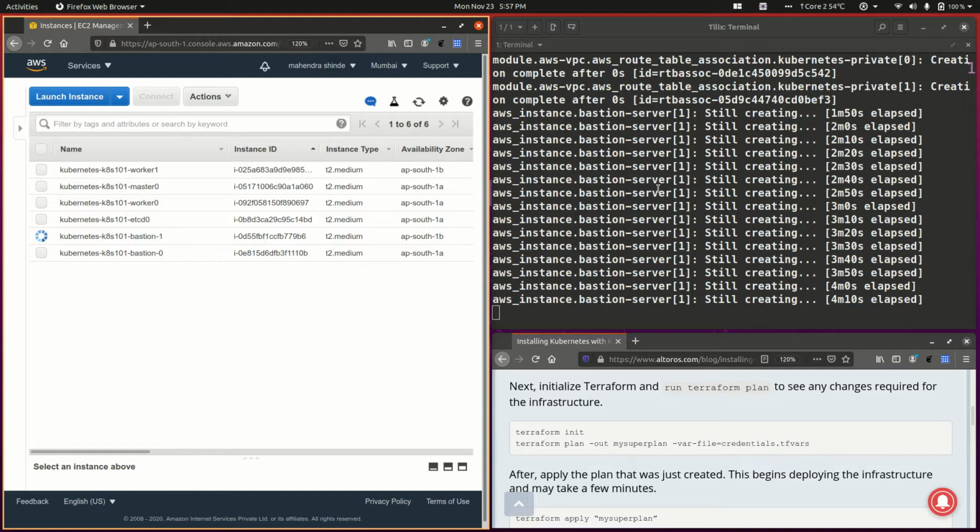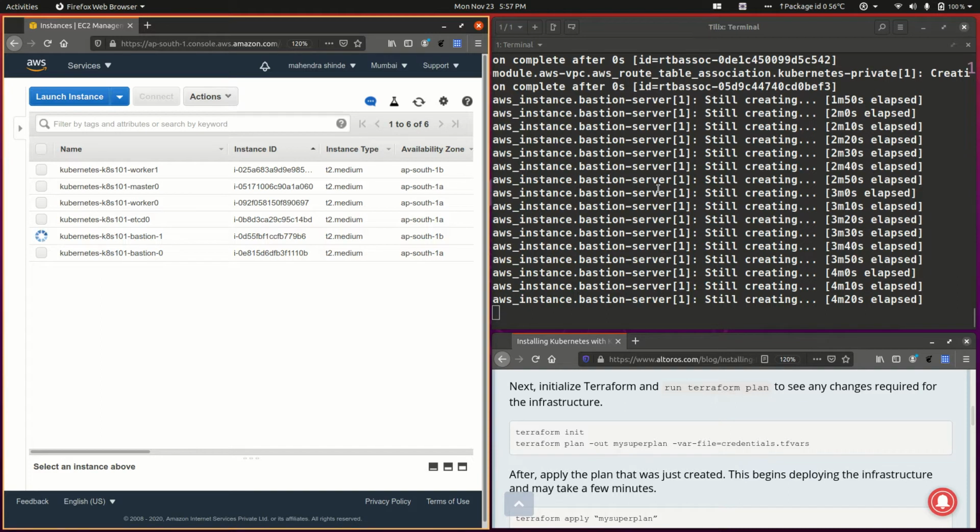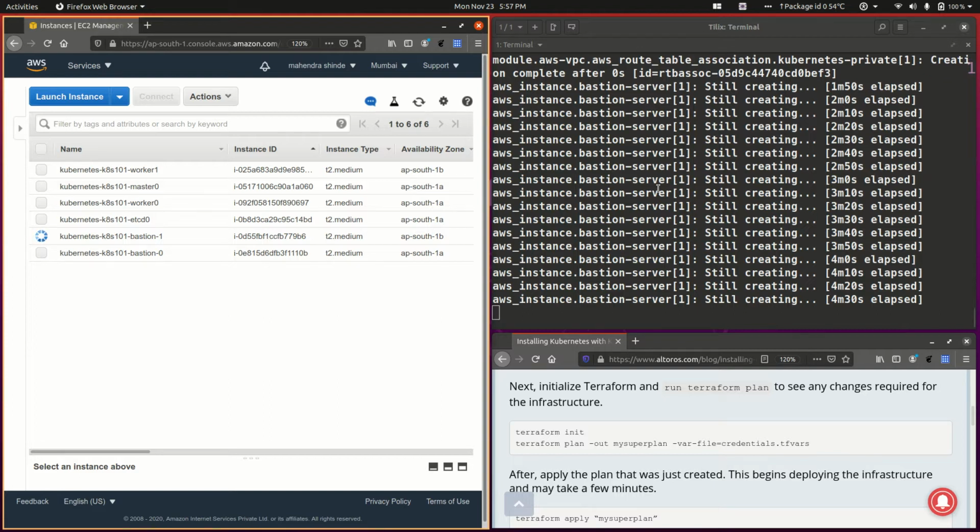Please remember, there is nothing installed in those machines. Even though the names of the nodes say Kubernetes etcd 0 or master 0, worker 1, they don't even have Docker or a container runtime installed on them. They are plain Ubuntu machines. Either you manually install everything into it, or you use Kubespray, Ansible, to automatically install and configure a Kubernetes cluster on it. Everything is up to you.